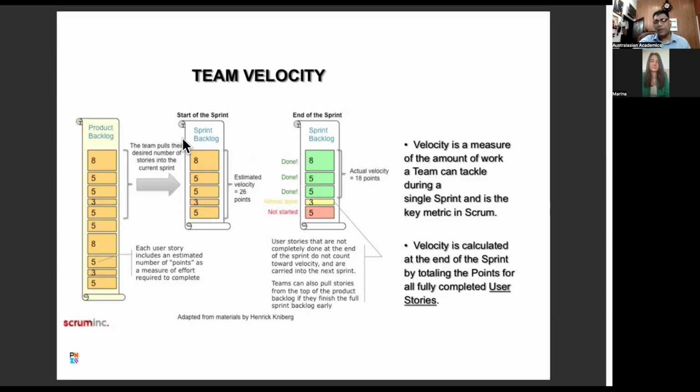So in the sprint, there's a product backlog at a macro level, and there's a sprint backlog. There could be multiple sprint backlogs throughout the project, throughout product development, for example. So estimated velocity, 26 points. You just add the number of deliverables or activities: 8 plus 5 plus 5 plus 3 plus 5 is 26. That's the velocity. That's the velocity of a team delivering the job. Very simple mathematics. 2 plus 2, 4.